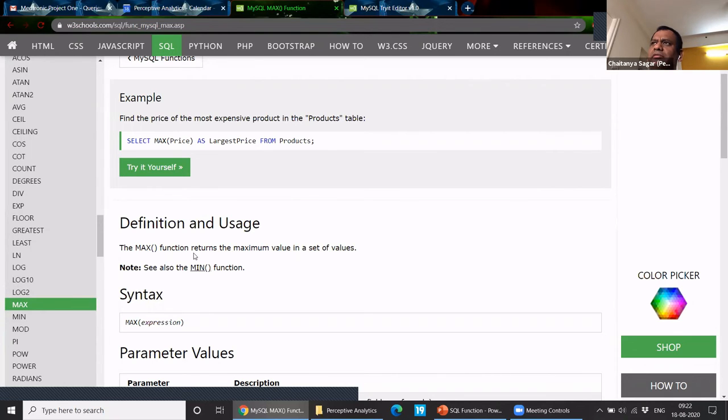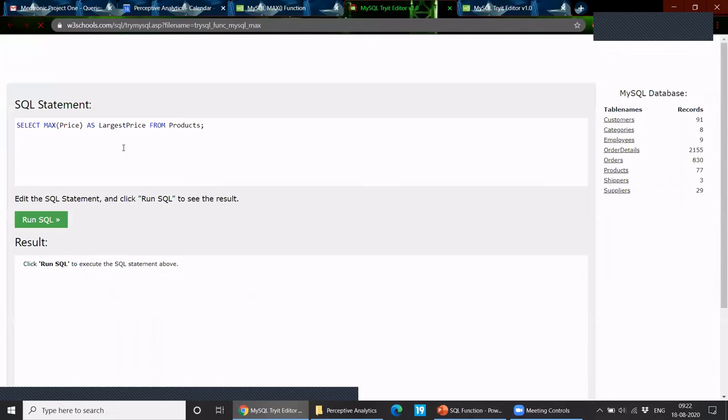Often we need to give a subset of the values, right? Often we don't take the entire field. In that case, how would we go about it? For example, if you don't need the complete table but have a set of specific conditions, you can just put the where clause. Only those records that satisfy that where clause would be checked, and then it will return the max price.